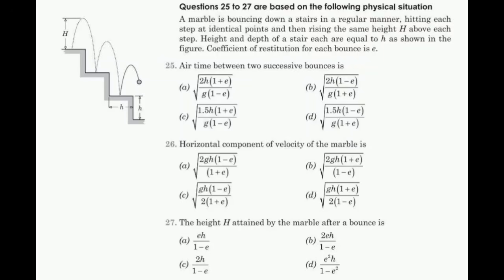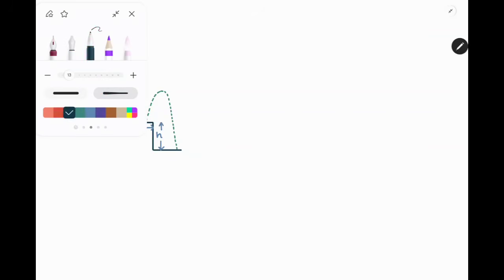So this is the problem, and let us start by drawing a necessary diagram. So this is the diagram which is already mentioned in the problem. Now what we are going to do is some marking of our own to start solving the problem. So the first thing we are doing is marking the points from where we are going to solve. We are considering this one as the point of throw, or point O.